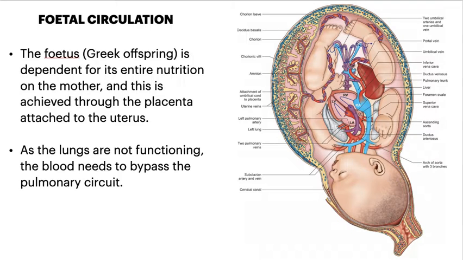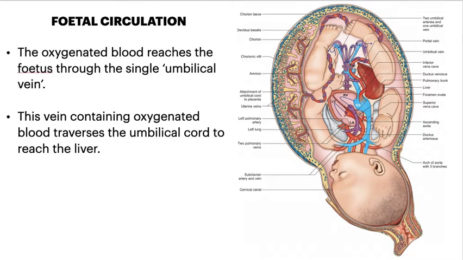Fetal circulation. The fetus is dependent on its mother for entire nutrition, which is achieved via the placenta attached to the uterus. As the lungs are not functioning, the blood needs to bypass the pulmonary circuit. The oxygenated blood reaches the fetus via the single umbilical vein. This vein contains oxygenated blood and traverses the umbilical cord over here to reach the liver,